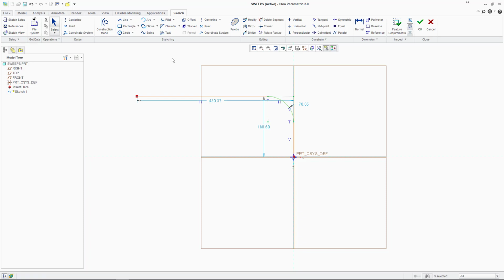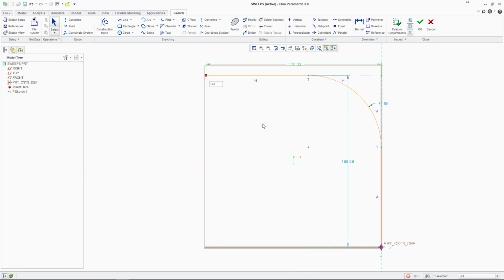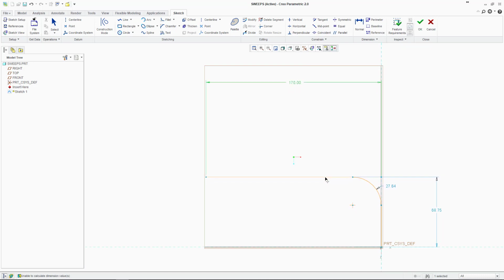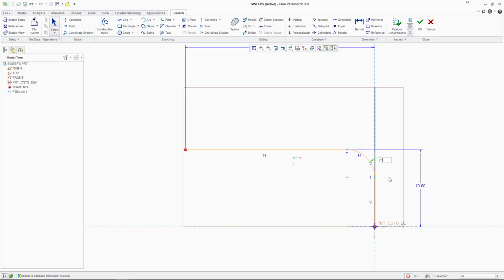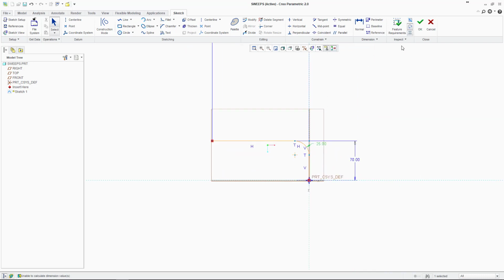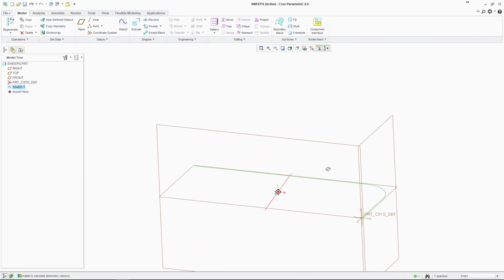So again, I'm going to hit escape to get out of the fillet tool, and then I'm going to put my own values in for these dimensions. I'm going to put 170 in for this one. And then what I may do is just drag this one manually, and maybe drag this radius as well till I get it near what I want it to be. Drag this one down a little bit more. Yeah, so I'd be happy with 70 for the value of that, and maybe change this to 25. So that looks about right for our purposes. So that's our trajectory